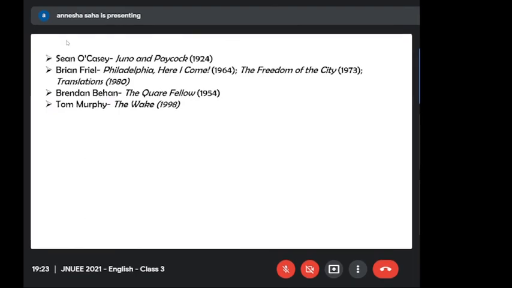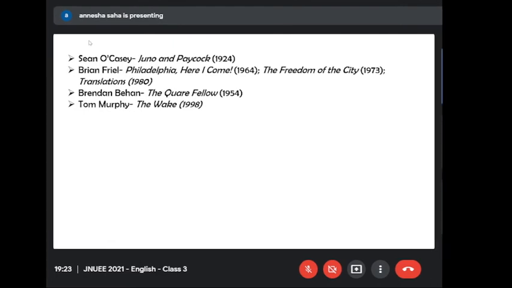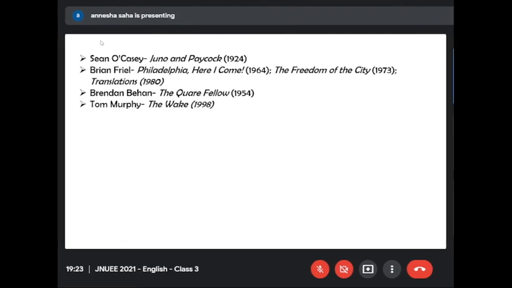And then again, another set of playwrights, and these are actually the last three playwrights: Brian Friel, Brendan Behan, and Tom Murphy. These are people who write from within a post-colonial context. So Synge and William Butler Yeats, all of these people write from a colonial context, but this is 1964, much after Ireland becomes a republic. So Brian Friel and Brendan Behan and Tom Murphy, they write from within a